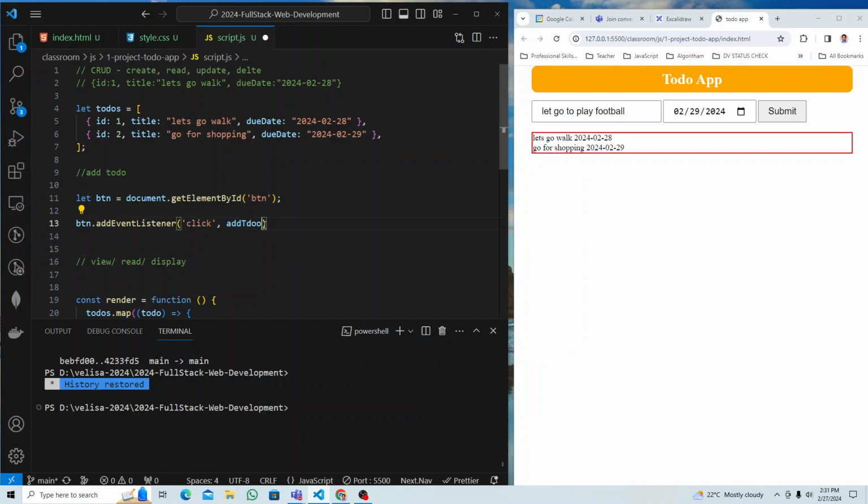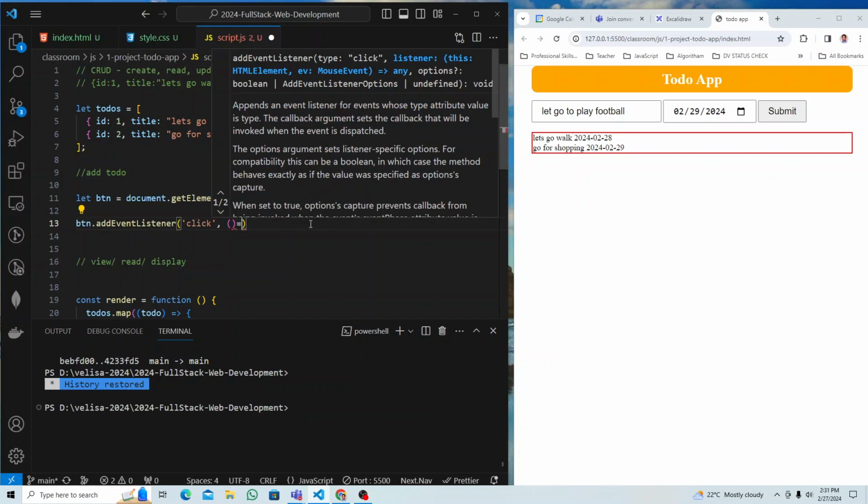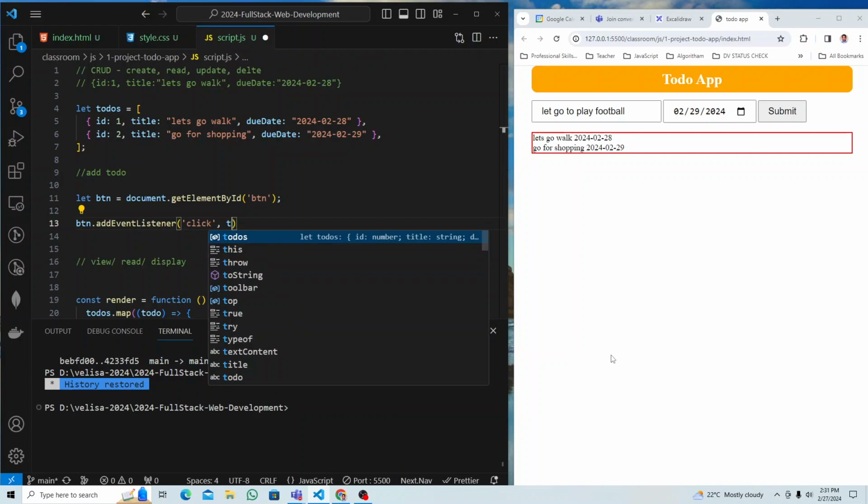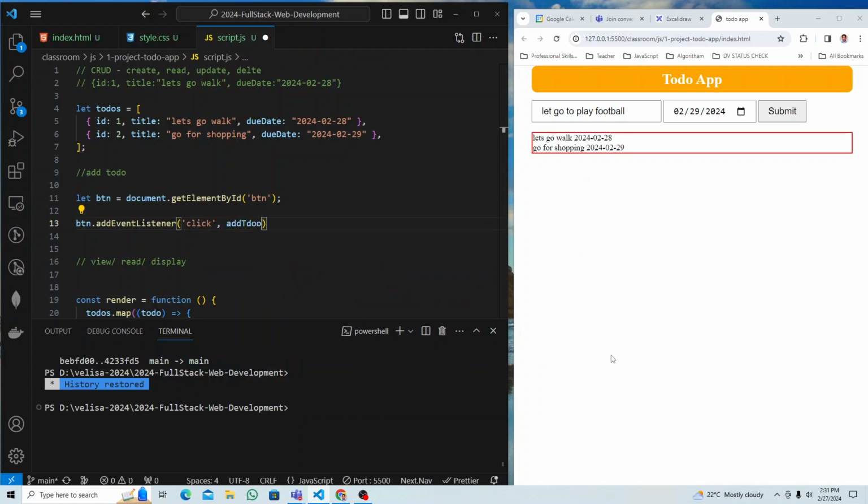If you put parentheses, then this function will run. You don't want to run the function, you just pass the function, and the function will take care of everything. So when you have addEventListener, always make sure you pass the function name and don't put parentheses, or you can just write another function here itself. The same function is replaced with the name, addToDo,